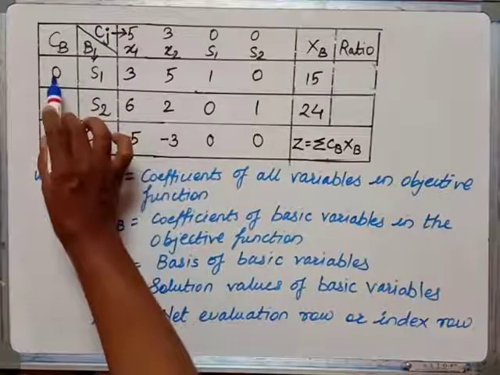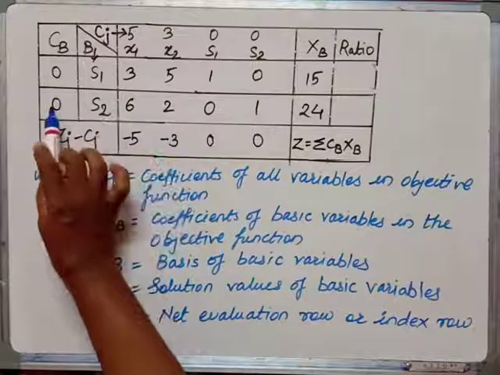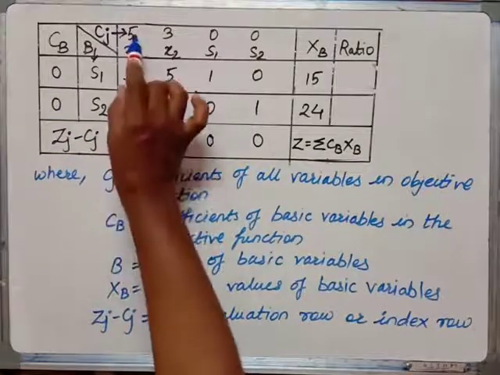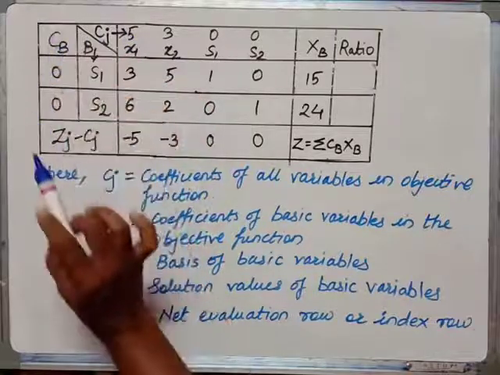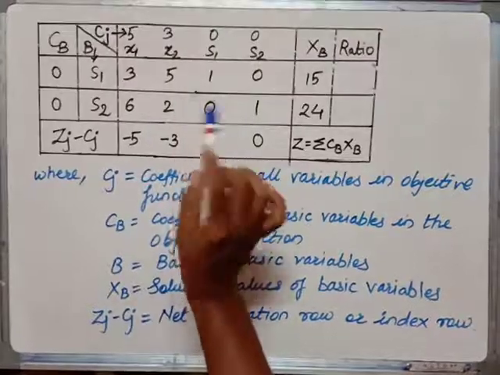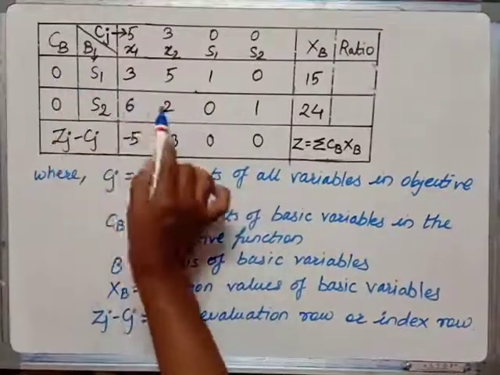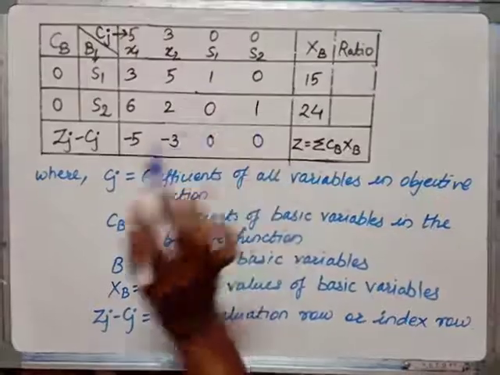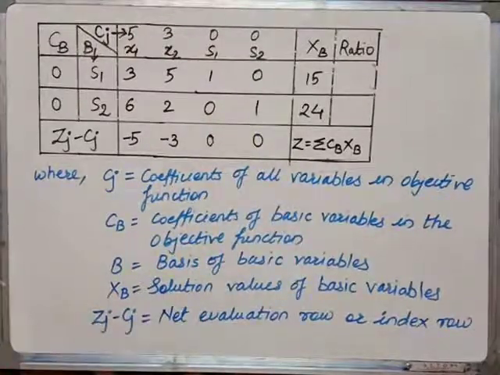3 into 0 is 0 plus 6 into 0 is 0. We have to add that plus, I am saying, minus Cj. So minus 5. So this will become minus 5. 0 minus 5 will be minus 5. Similarly here also that will be minus 3. Similarly here, so it remains 0. Okay. Now